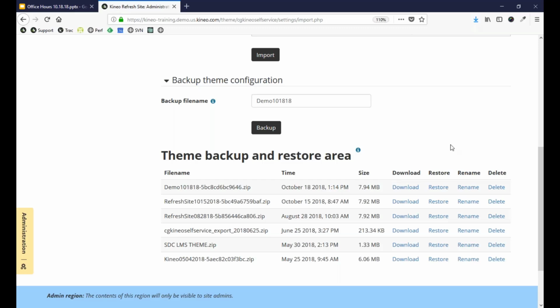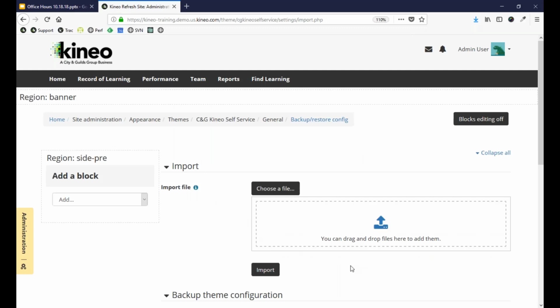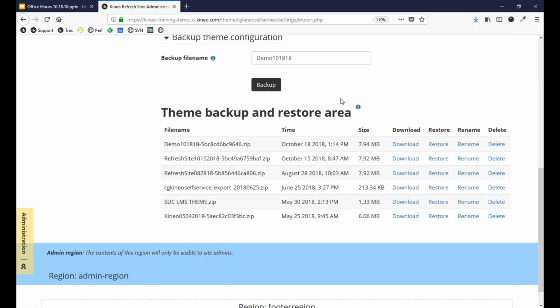If I want to, at any point, restore, say, a previous version of this plugin, I can click Restore. If I want to download this and use this on another site, for example, if I'm going from a UAT site to a prod staging site, I can download this onto my local machine and then import it into the new site that I want to use it on, as well as being able to have the access to rename